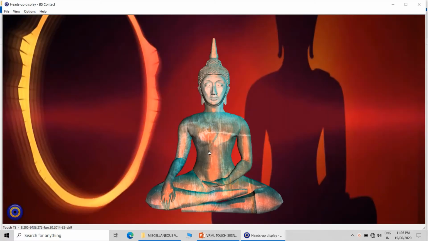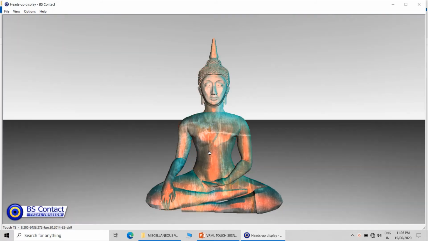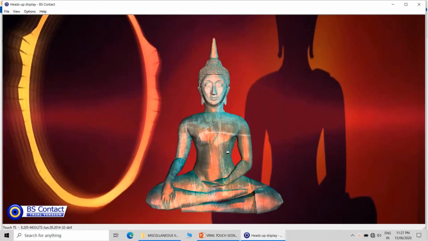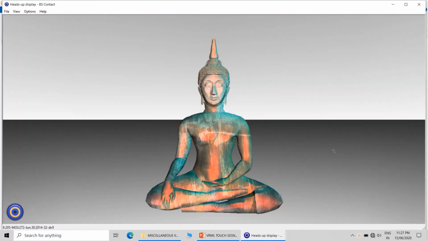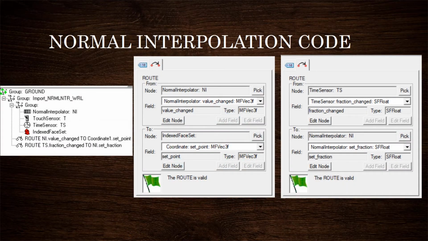Lord Buddha's statue is there. If you click on that statue, there will be a change in the background. And this is a JPG file which is applied, which enables the change. So there are two backgrounds, background 1 and background 2, and with the help of the touch sensor we are switching the background. So this is a very simple type of code.